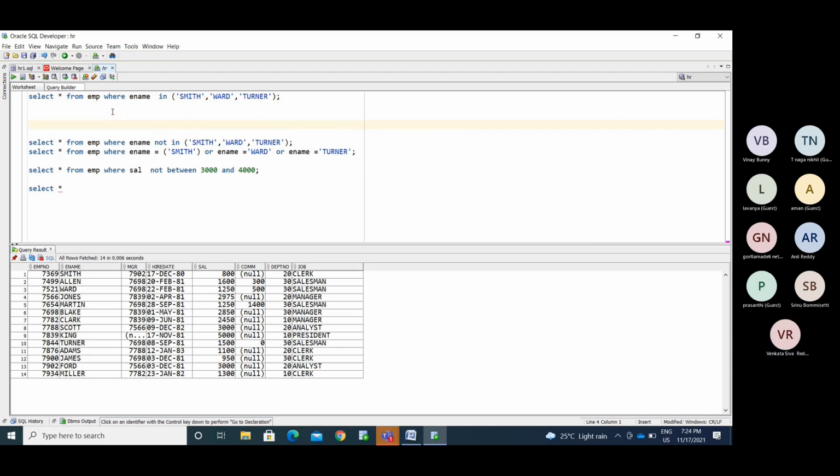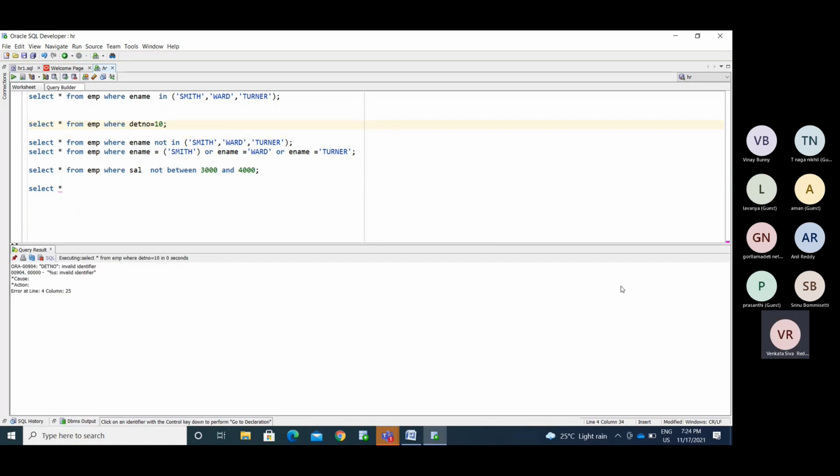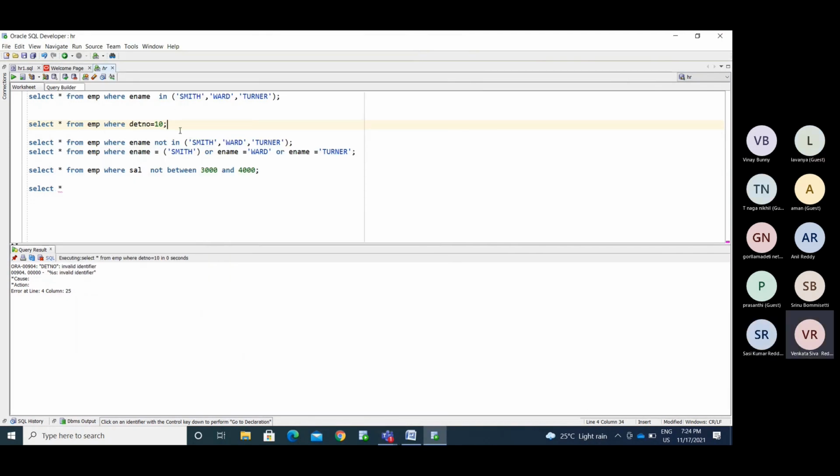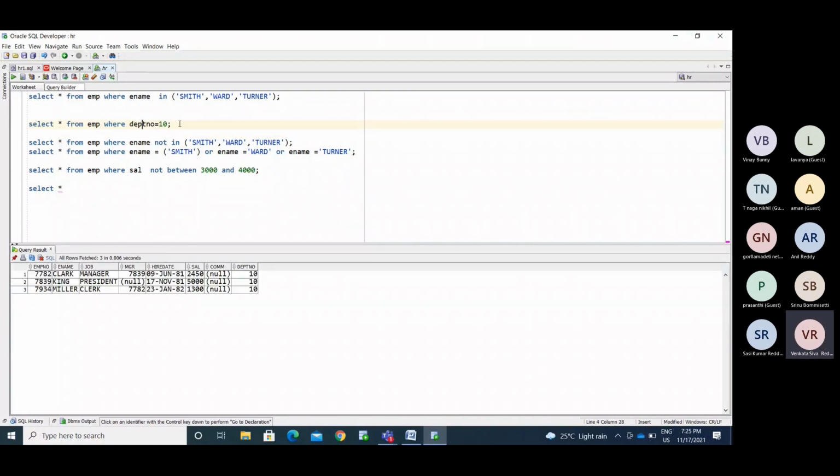Where DEPT number equal to 10. Whatever employees we have, the employee names.